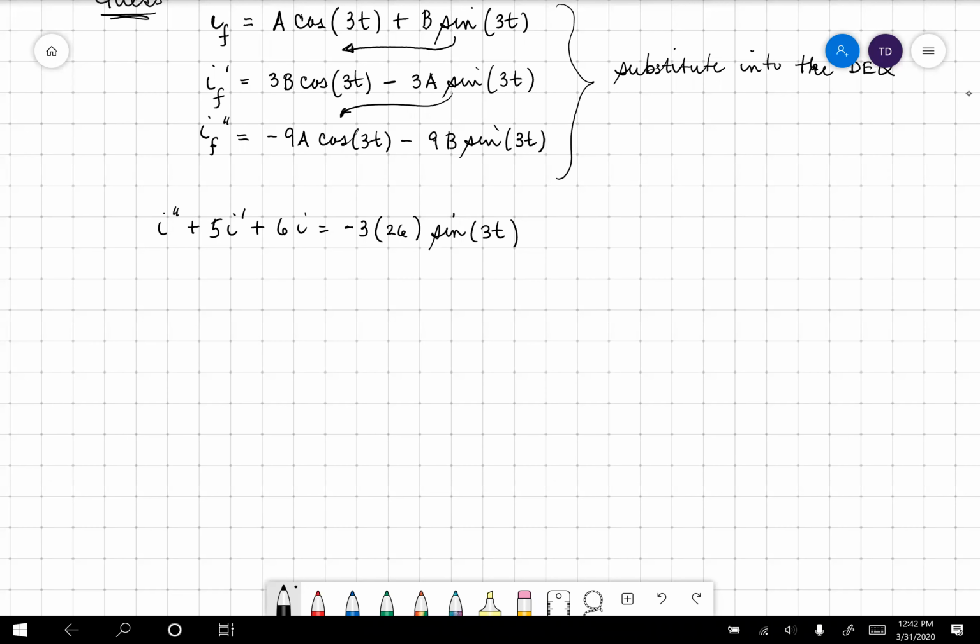Okay, here we go. Substituting in. I double prime, that goes there, that goes there, that goes there. I know they're big, but they're not ugly. They're fairly easy to deal with. Minus 9a cosine of 3t minus 9b sine of 3t